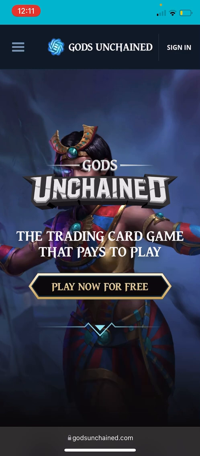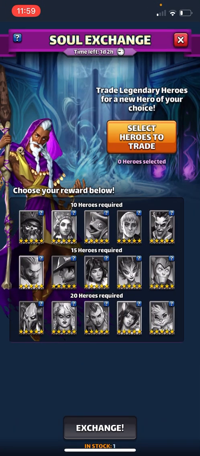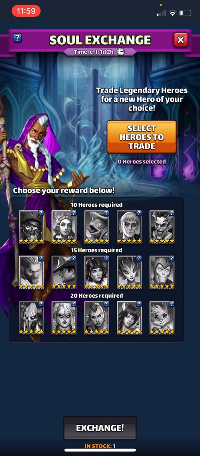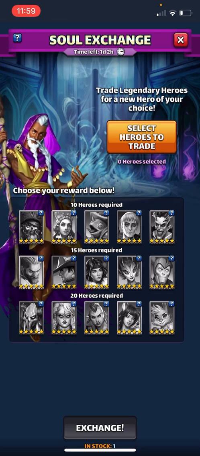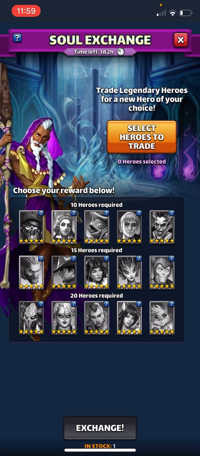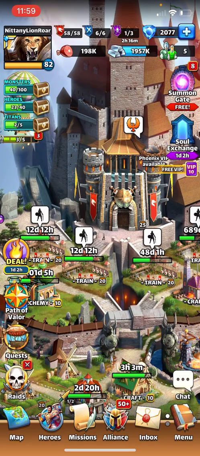Now to today's content. All right, so it looks like they haven't really made any changes to this since beta. So basically, if you want a new hero, you have to trade in a ton of legendary heroes. So this really benefits the people who have been spending a lot of money in this game the most, I think. But there is a trick you can do too if you're a cheap-to-play or free-to-play player, and that is really to get your